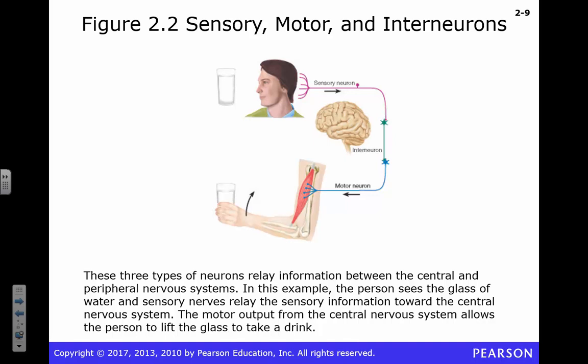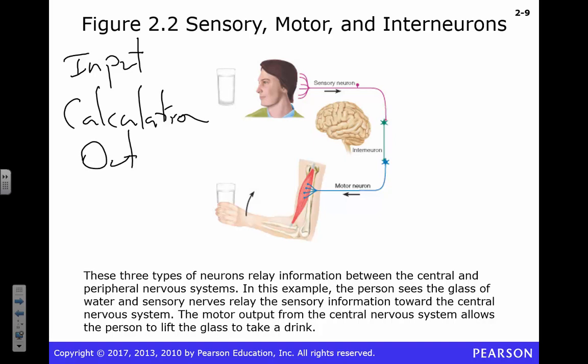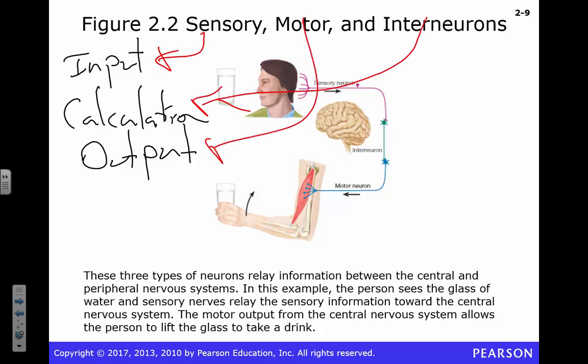Your nervous system does three things. And your whole nervous system does this, and this works all the way down, right? It doesn't matter. There are only three things that happen. That's it. It's input, calculation, and output. That's all there is to it. Okay? We can think about it in terms of sensory, interneurons, and motor neurons if you want. That's fine. They map onto that at that level.